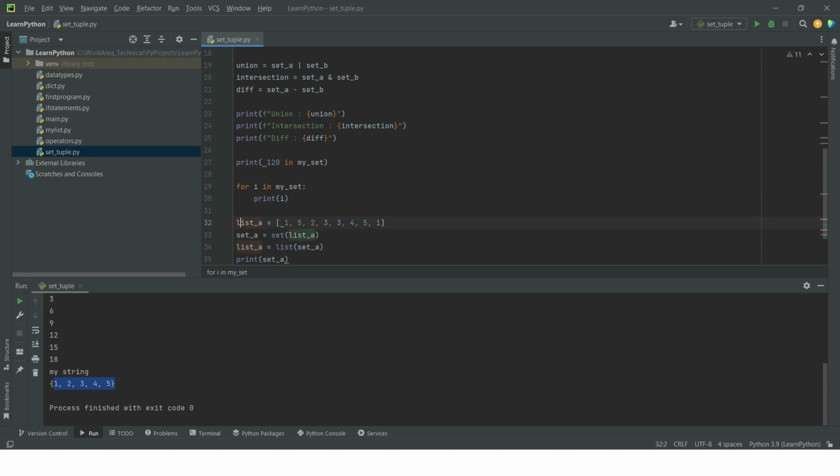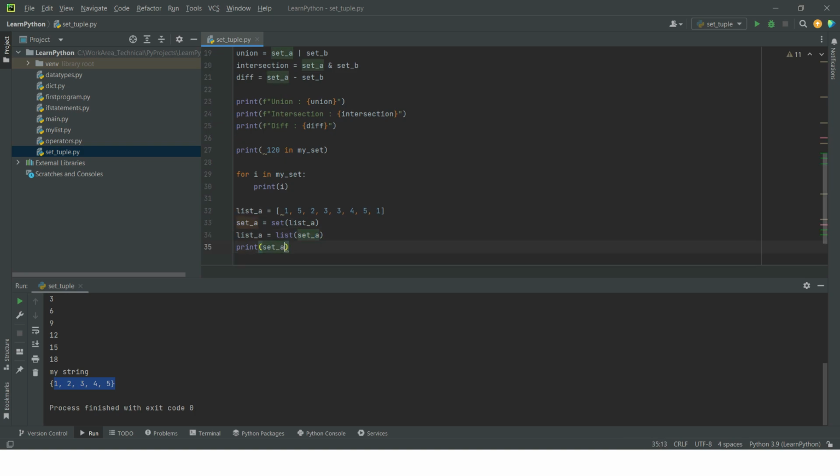So basically what I'm doing is I have a list with duplicate elements. I pass that list to the set constructor, so it will create a set for me. And since a set cannot have duplicate elements, all the duplicates would be removed. Now I want my list back with unique elements, so I am passing that set with unique elements to the list constructor and it will create a list out of it. And now if I print my list,